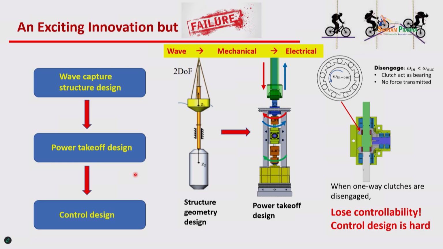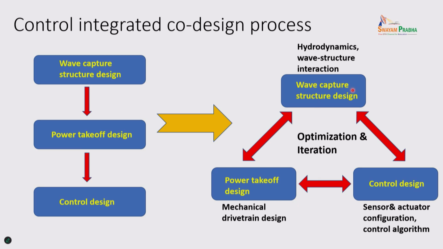Similarly, for wheel structure and PTO side control, we need to consider them together, right? It's more like optimization iteration from the beginning. You cannot say, okay, PTO guy, you design the system and give this to the control engineer to handle. This is the control co-design concept. It's all about engineering system level design and iteration. Okay, so